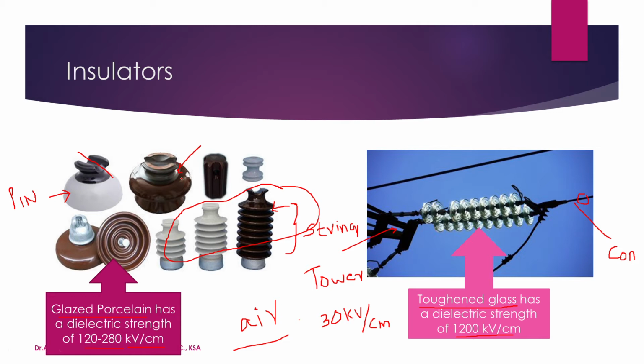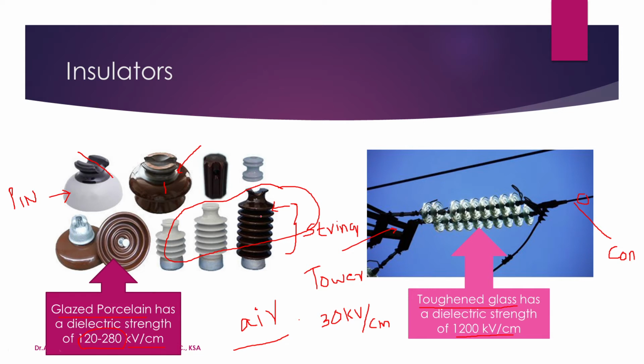So when the surface is very smooth, the water will flow down. That is why you see that there will be a slope. So water will normally flow down and it will not allow impurities to get inside the insulator. This is the reason why insulators, especially porcelain insulators, are always glazed. Remember, when air or impurity goes inside, the dielectric strength will not be 120 to 280. It will drastically reduce, so it will not serve the purpose. So we have to be careful. That is why we use a glazed surface.